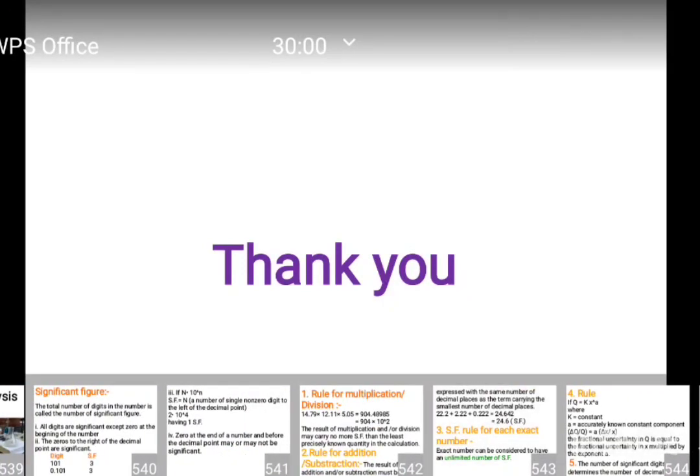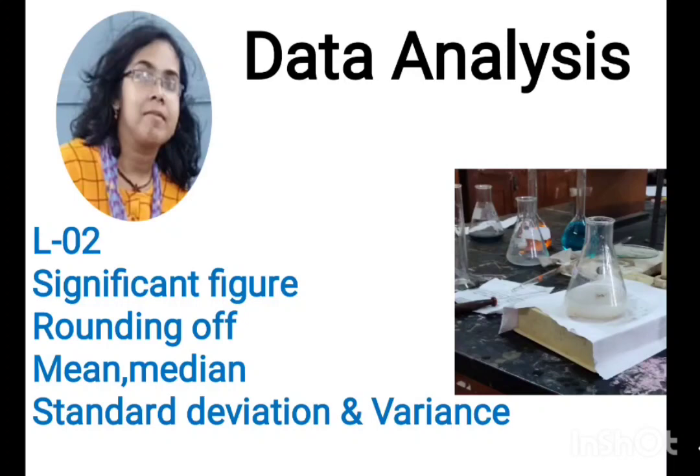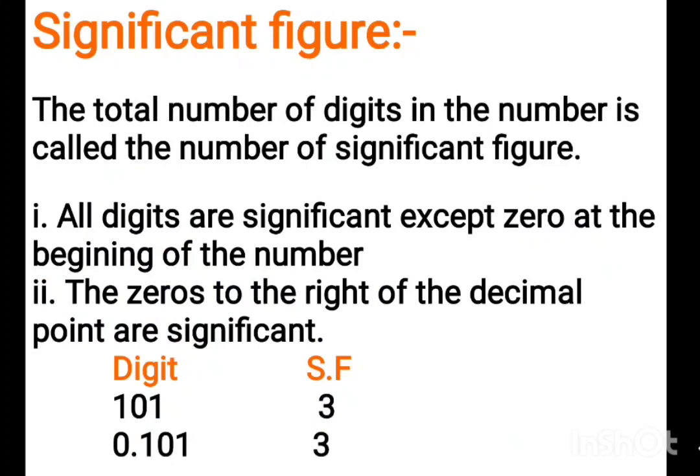So now I repeat again: data analysis, significant figure, rounding up, mean, median, standard deviation and variance. So first, significant figure মানে কি? যেটা গুরুত্বপূর্ণ ফিগার, the total number of digits in the number is called the number of significant figures. That is, in a particular number there must be some digits that should be counted as significant. Some digits have some significance and should be counted. তো দে আর টার্মড অ্যাজ সিগনিফিক্যান্ট ফিগার। তোমাকে কিছু নাম্বার দিয়ে দেওয়া থাকবে, সেই নাম্বারের মধ্যে এমন কিছু নাম্বার থাকবে যাদের রিয়াল এক্সিস্টেন্স আছে, তাদের সিগনিফিকেন্স আছে, আর তাদেরকেই কাউন্ট করা হয়, তো তাদেরকে বলা হয় সিগনিফিক্যান্ট ফিগার।